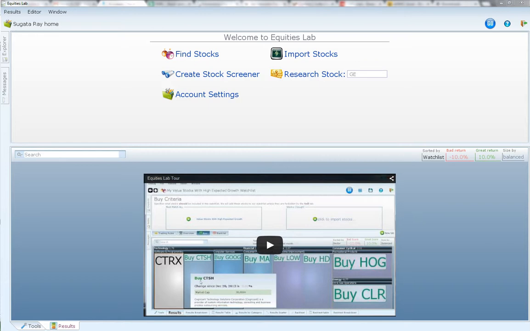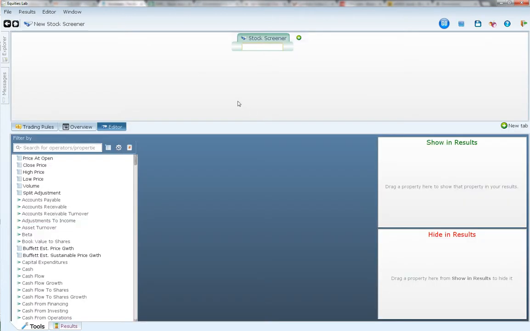Hi, in this video I'm going to be looking at a timing screen. So again, we're going to start from the Equities Lab homepage and we're going to create a stock screener. And I'm just going to create a very simple screen. And this is not really what I'm after right now. What I'm going to do is I'm going to create a